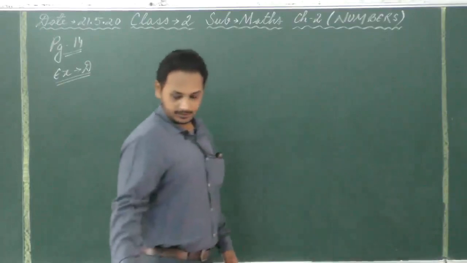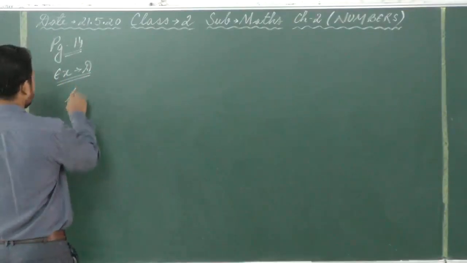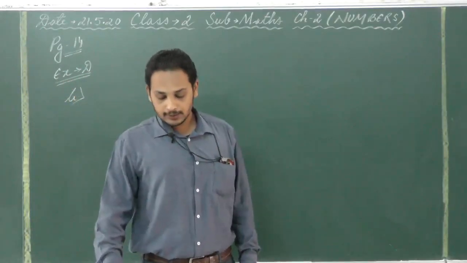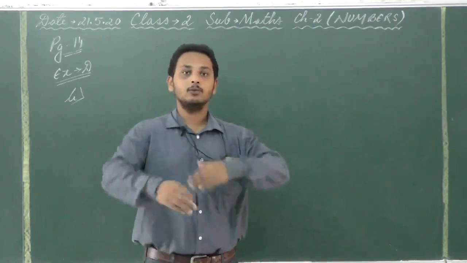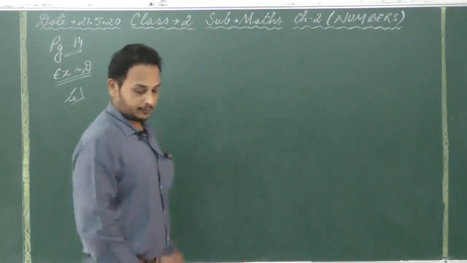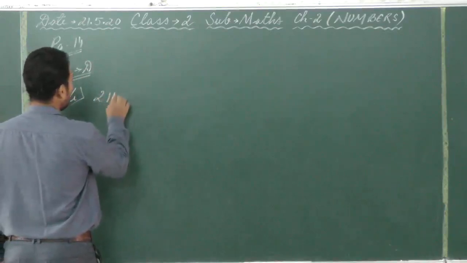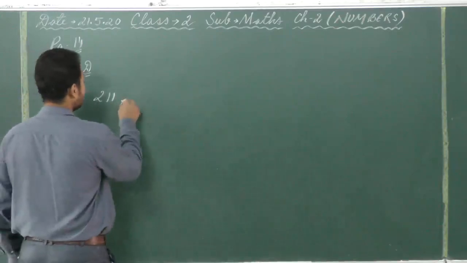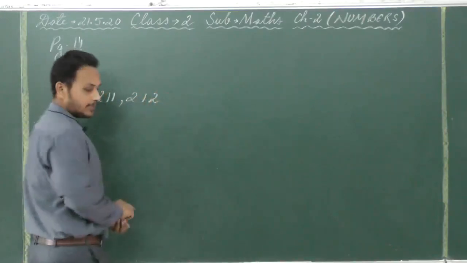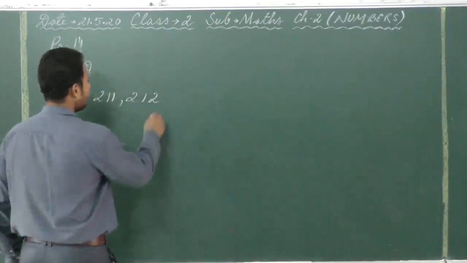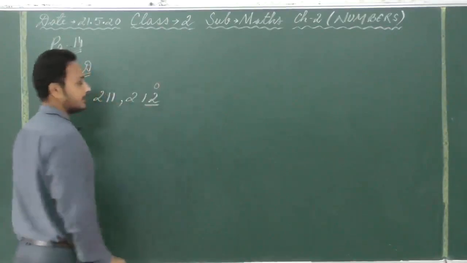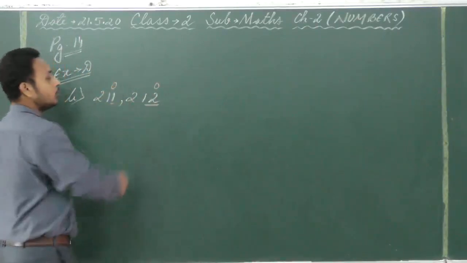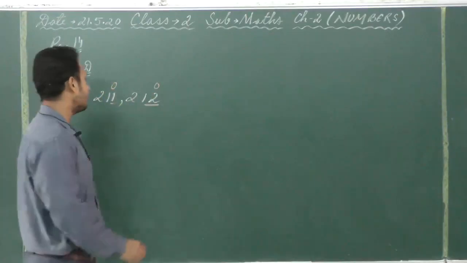Then the next is number B. Same exercise, D, number B. What is the question here? Count forward. Count forward means you have to move ahead, counting ahead. Okay? Now the first number is given, that is 211. Now after 211, what comes? 212. Now once again, as I told you earlier, you are going to change the number that is in the ones place. Now which number is in the ones place? Over here we had 1. So after 1 comes 2. So we are going to write 212.